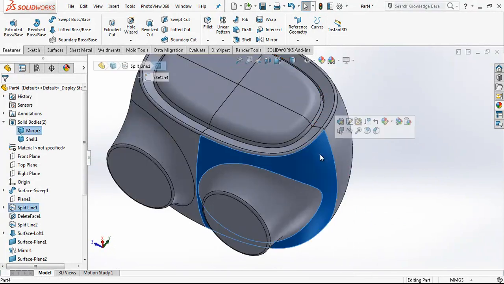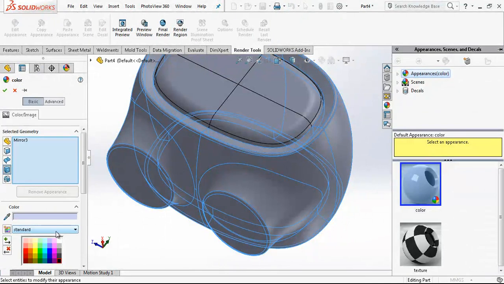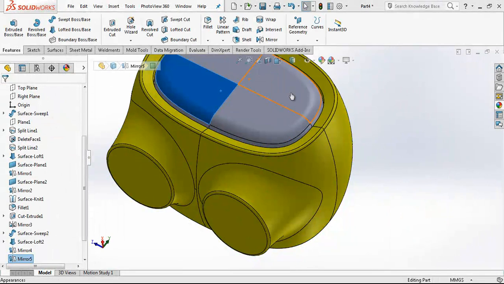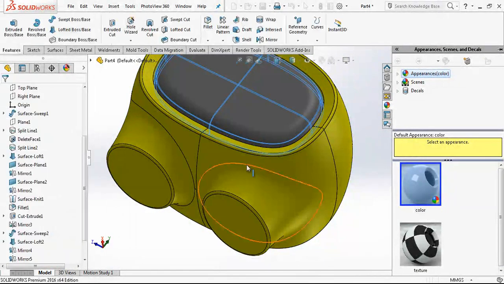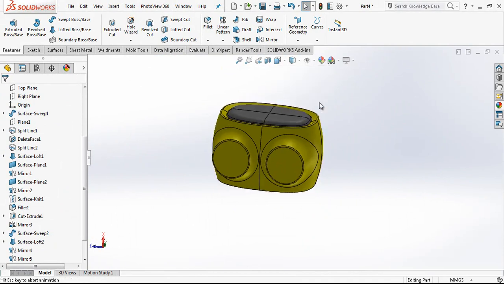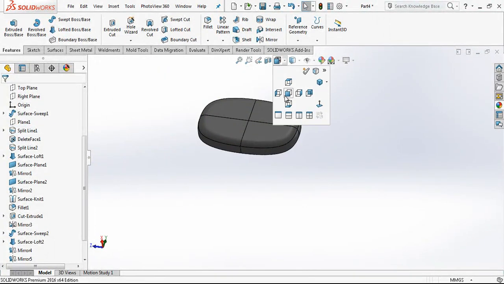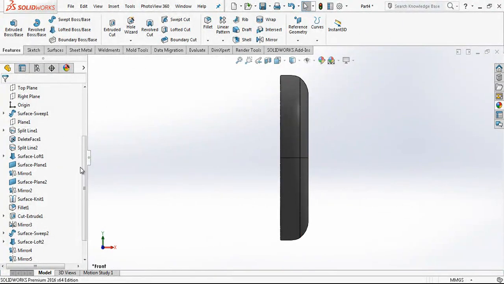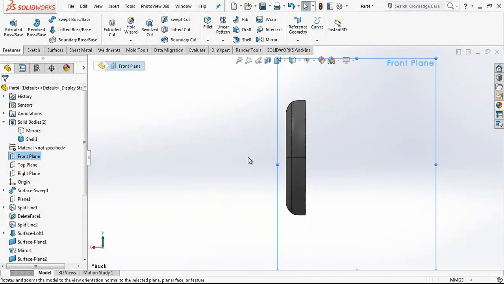We can give both operations some color, and both bodies some color now. Here and here, let's make a different color. And the last operation is going to be a cutting operation, and I will hide that surface, and this one is going to be my operational surface, and then I make normal to